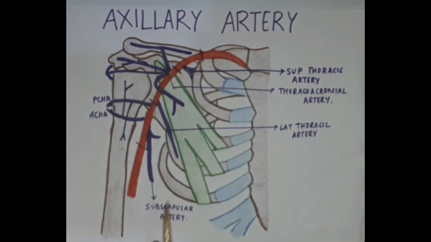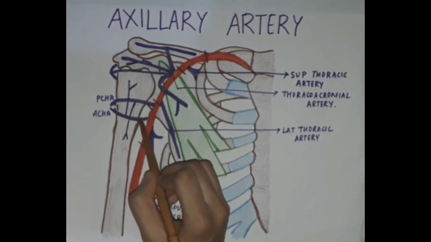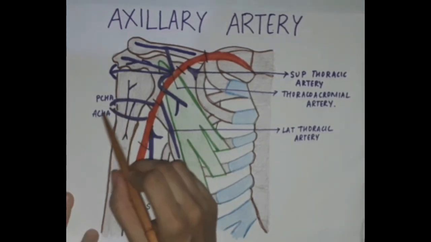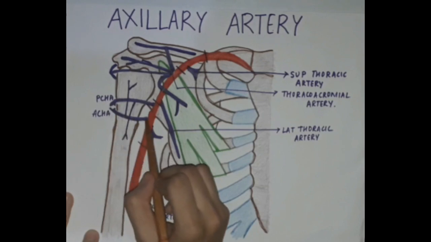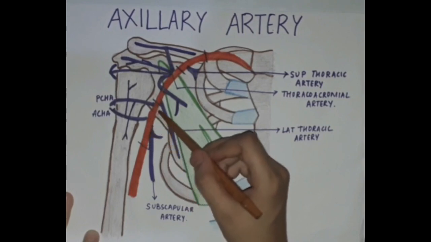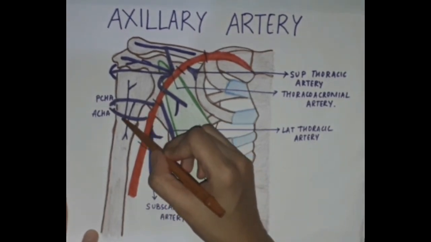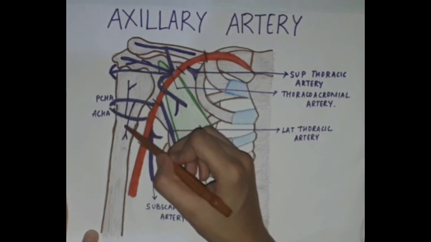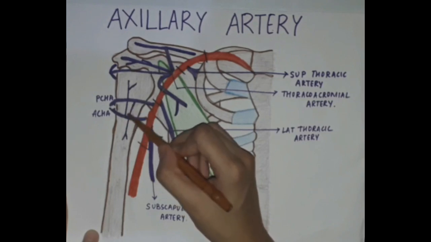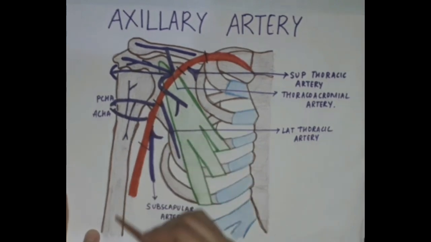The fourth branch is called the anterior circumflex humeral artery. This is the anterior circumflex humeral artery. It is a small branch arising from the third part of the axillary artery at the lower border of the subscapularis muscle. It passes laterally in front of the intertubercular sulcus of the humerus. Somewhere here we have the intertubercular sulcus of this humerus bone,